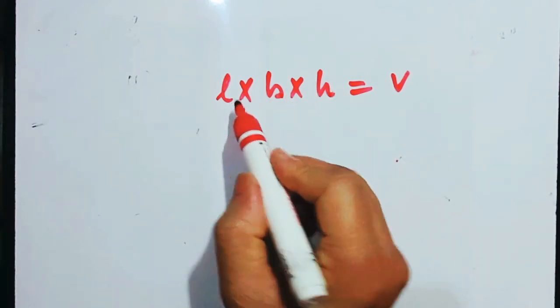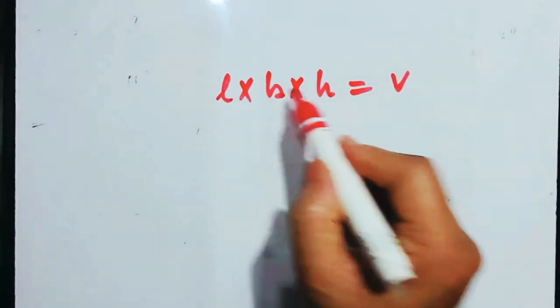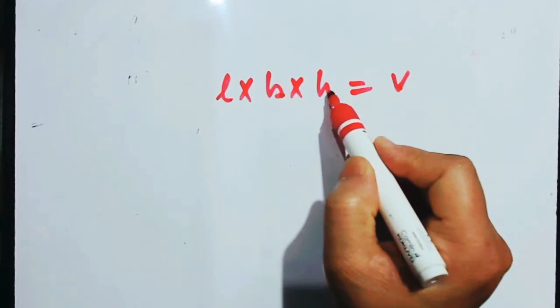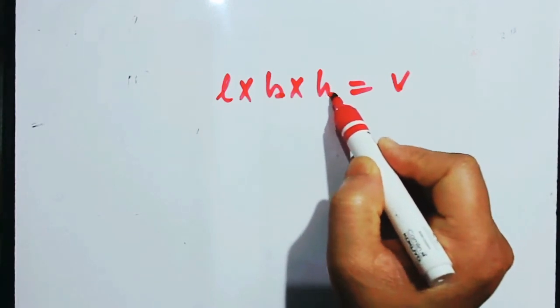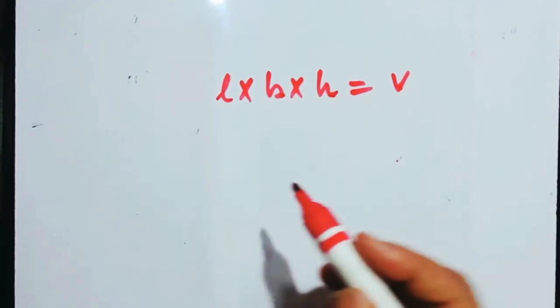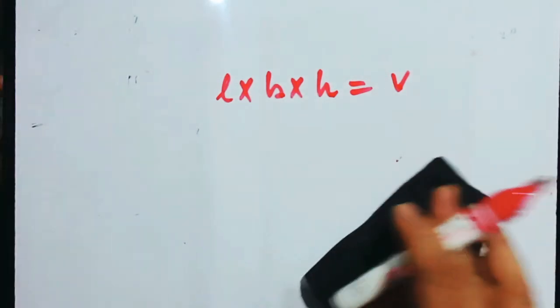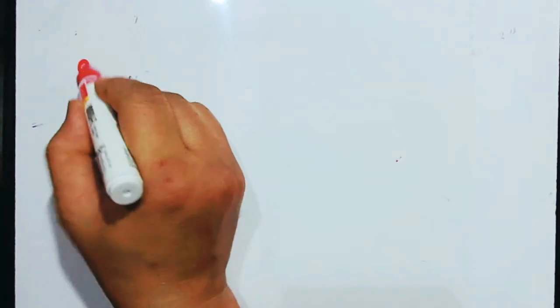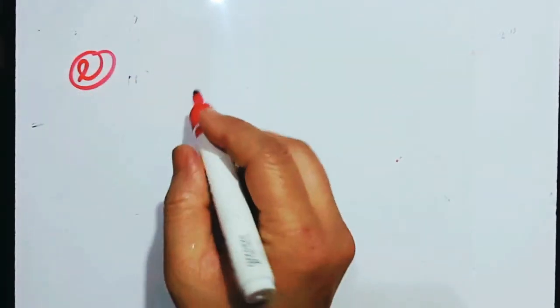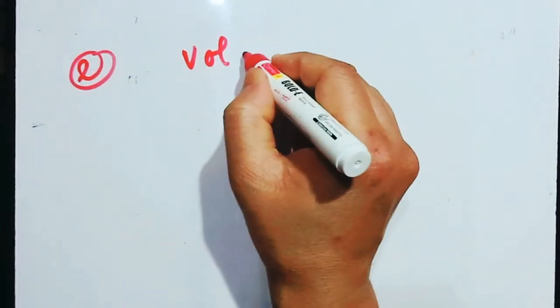Similarly, they might give you length and breadth and volume, and they will ask you to find the height. Now, based on this particular rule, we have number 2, which says that the volume of a cuboid